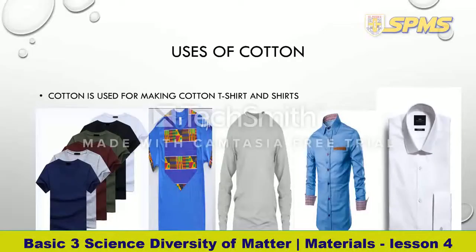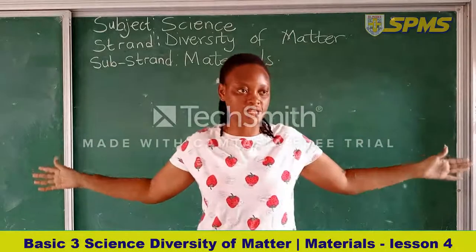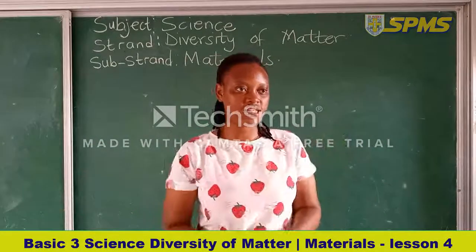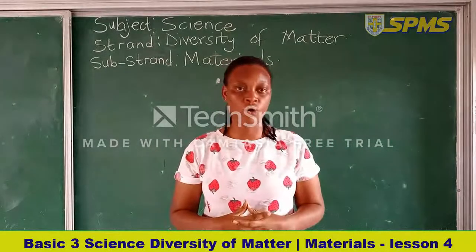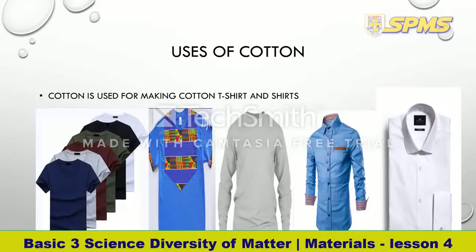So cotton is used for making t-shirts and shirts. Yes, we have t-shirts, and then we have shirts. So in our first two images, we can see t-shirts. We say t-shirt because it comes in the shape of a T. Okay, it comes in the form of a T. So that is the t-shirt, and it is made from cotton. Then the sweaters and the cardigans we wear,